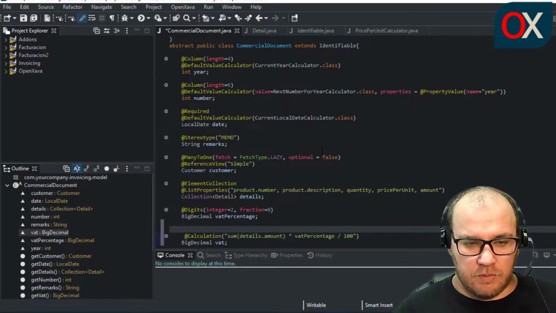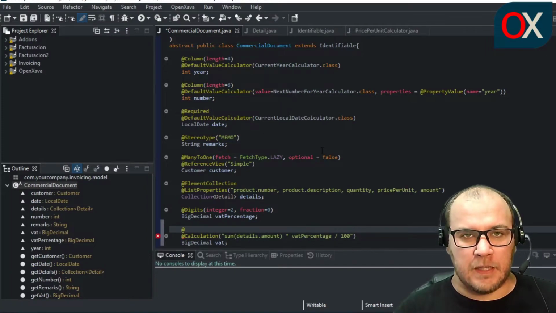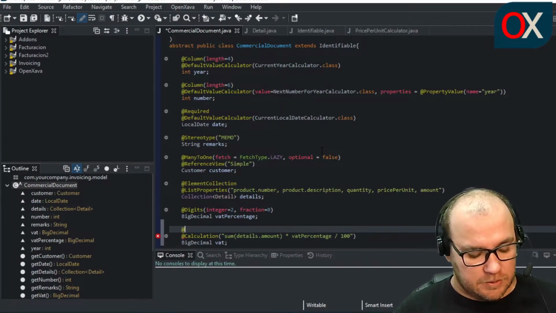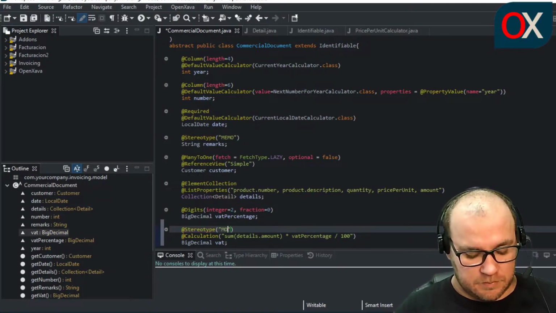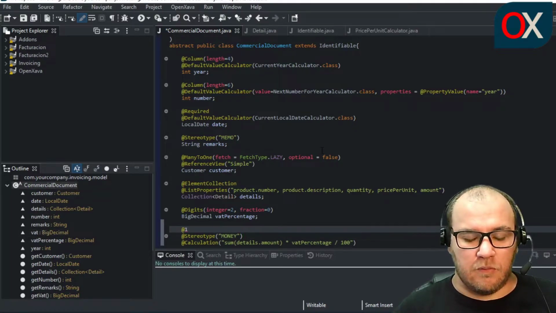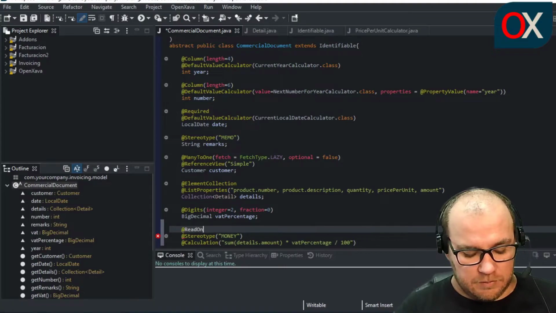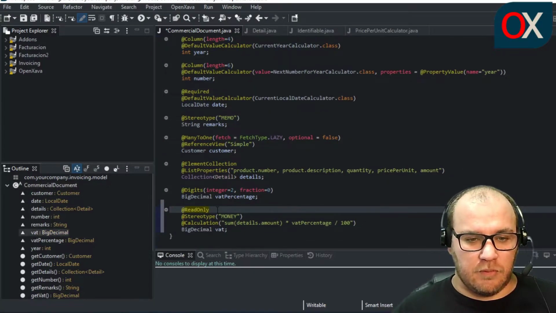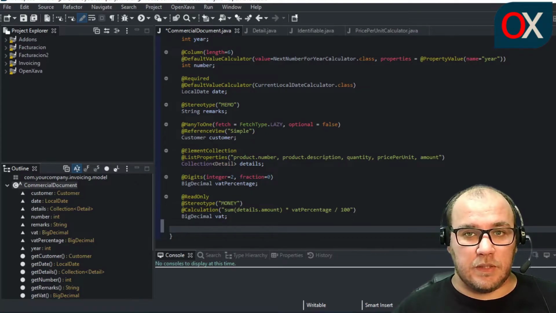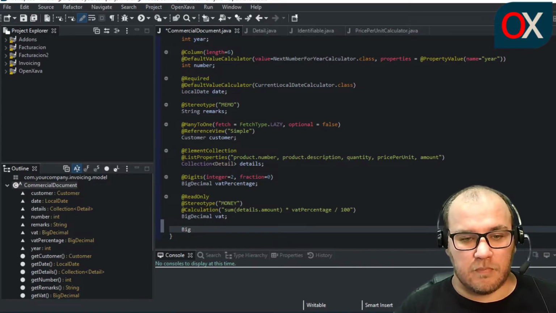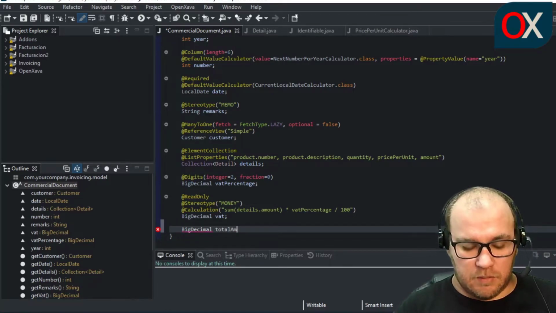Okay, we will be using here two: one stereotype, in this case for money, and one more for read only. That's because we don't want the user to change this value. And the third one will be big decimal 2, in this case it will be named total amount